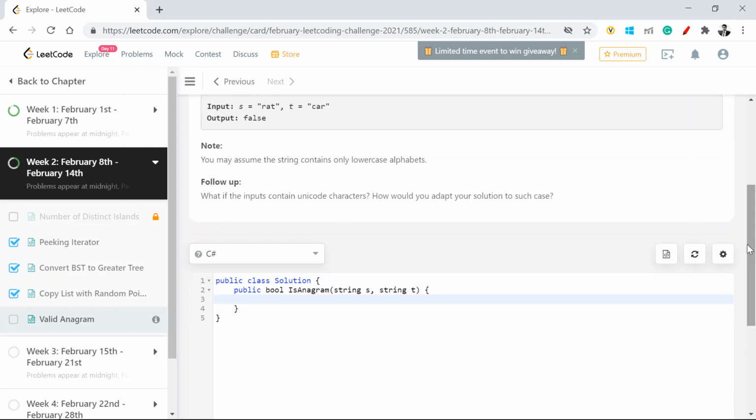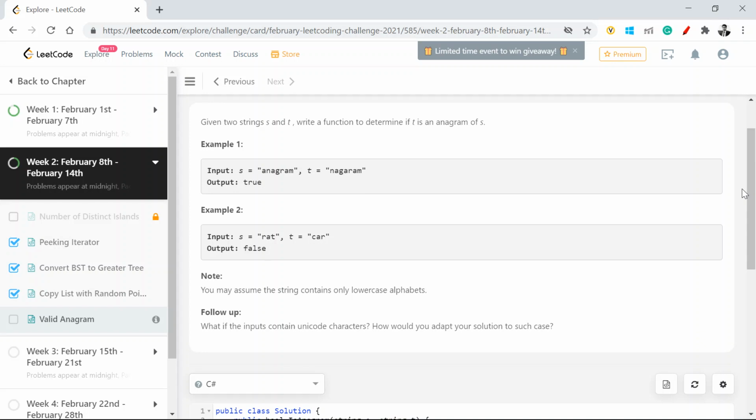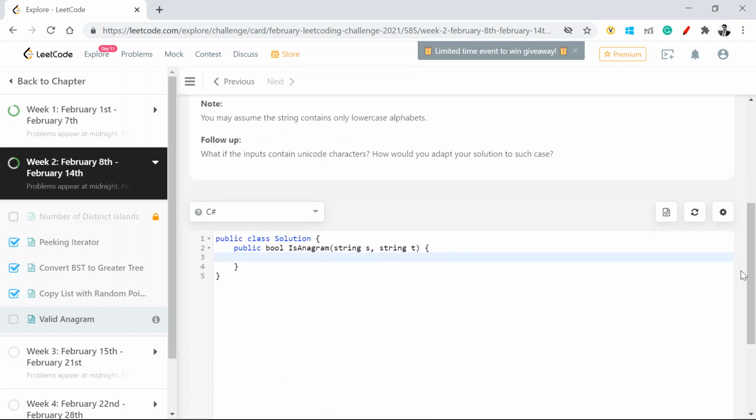So I think by now you would have understood that we are talking about the count of characters in a given input string, and the same is expected in the other string, and that's exactly what we are going to do. We are going to calculate the number of characters present in a given string s, and then compare those counts with the counts of string t. If the number of characters are the same, then we'll say it's a valid anagram. If it is not, then we need to return false.